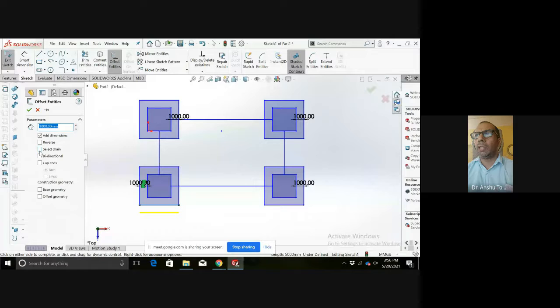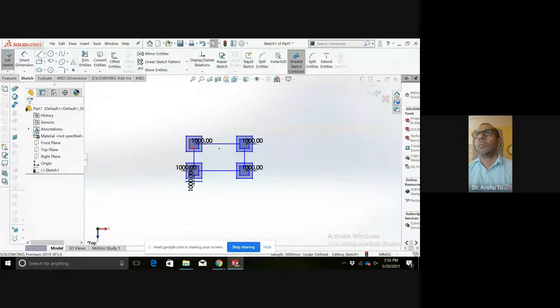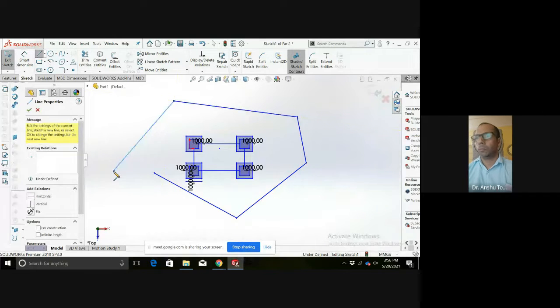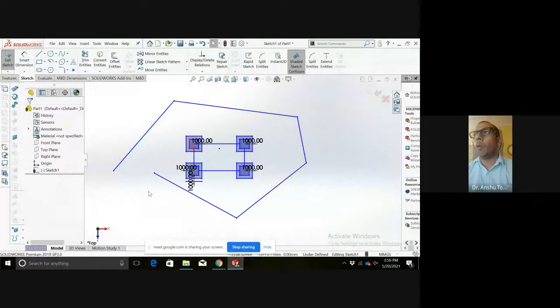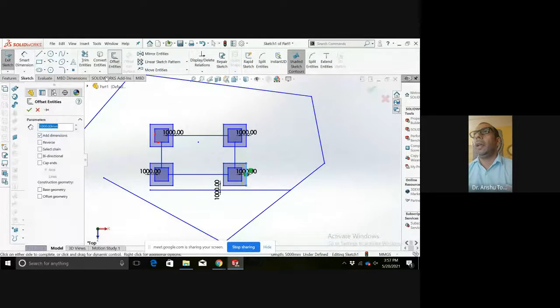So I will not select chain, and as a random polygon, so that I should be able to extend this line.